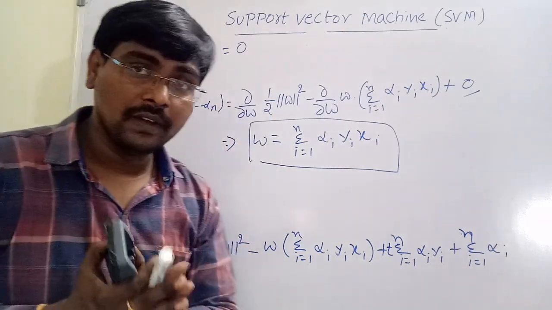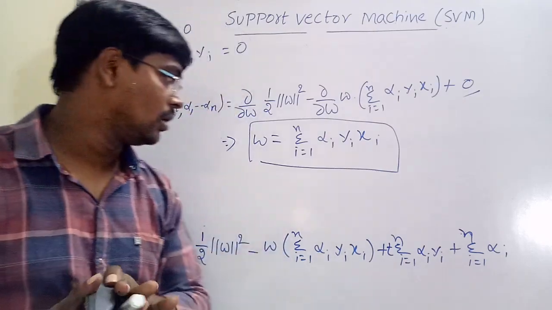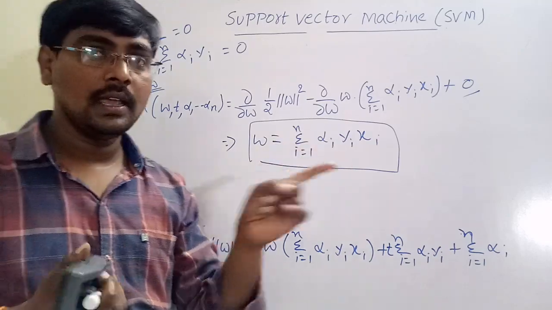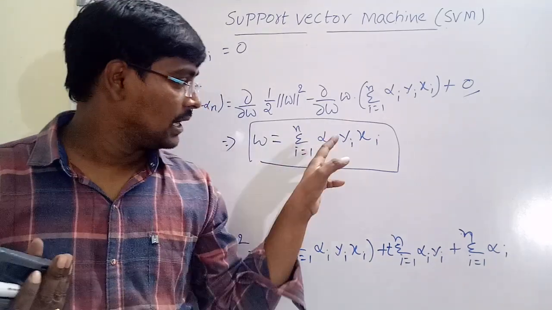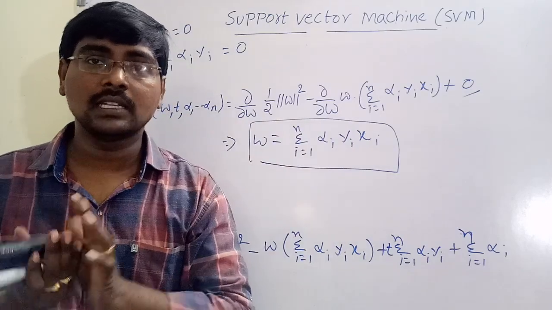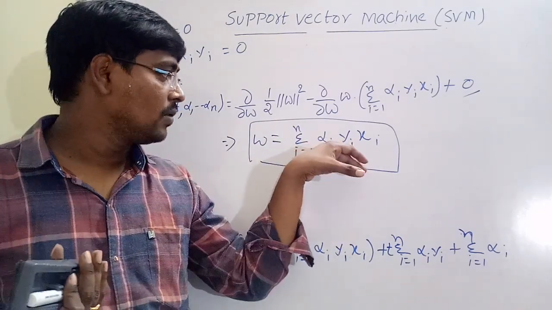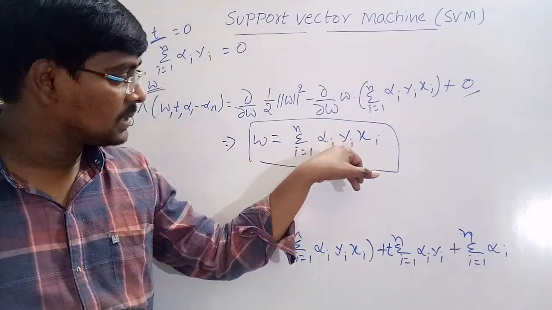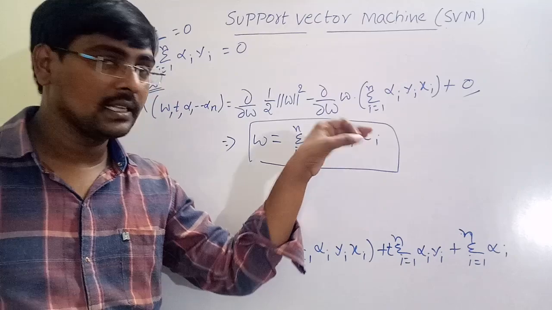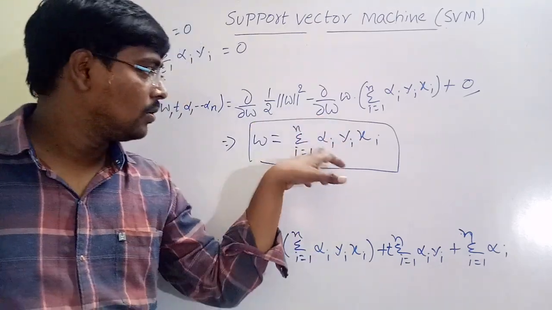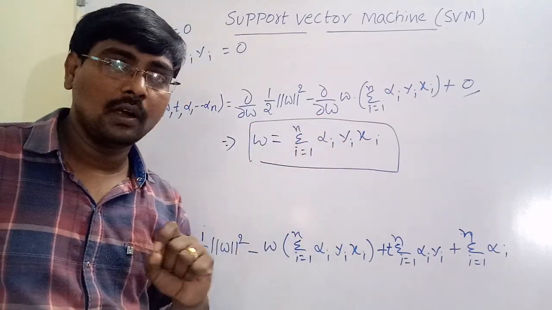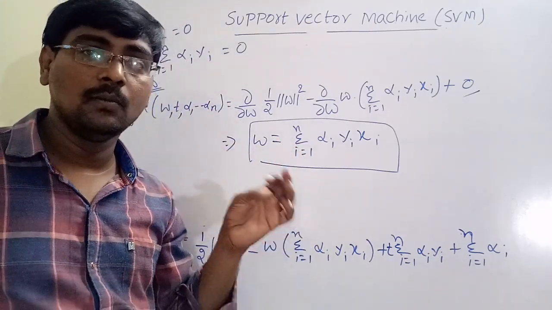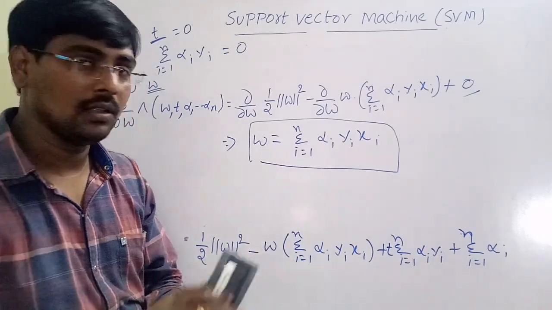Suppose for an optimal weight vector the partial derivative is 0, so the weight vector w is equal to this. Observe that alpha i appeared in the perceptron also. In the perceptron, alpha i is a non-negative integer. In the support vector machine, alpha i is a non-negative real number. In the perceptron it specifies how many times an example is misclassified. In both, the common point is that if alpha i is equal to 0, that example has to be removed from the training set. Simply, there is no need for it.